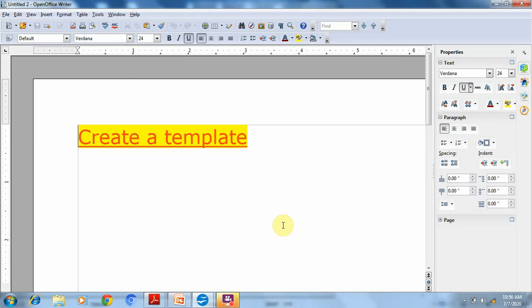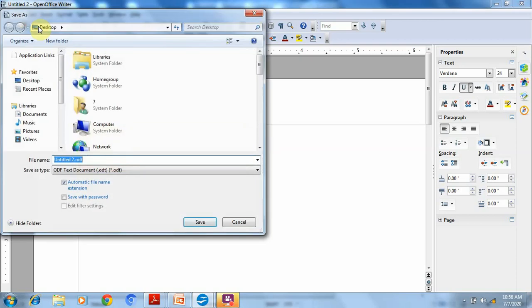Okay, we can save and perform any changes. You can then edit and save this document just as you would any other document. We can also perform some changes in it. If we perform some changes, then it will become a new document. Now we can save this as a new document.